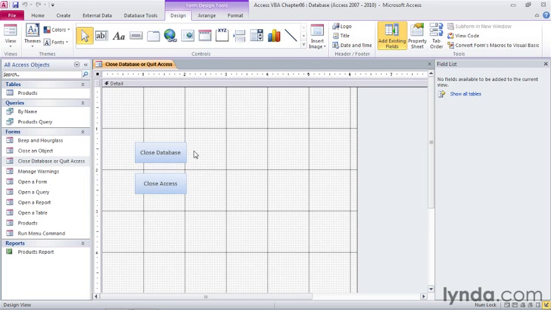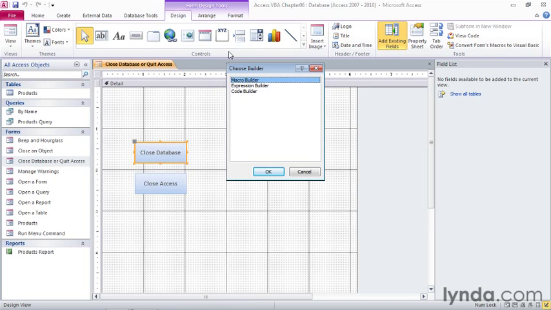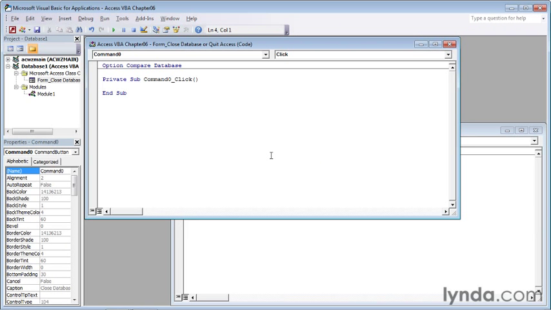So I'll right-click the button, and then from the shortcut menu, click Build Event. Then in the Choose Builder dialog box, click Code Builder, because we're working with VBA code, and then click OK. When we do, Access creates a code module that will run when the button that we selected is clicked. And I'll just press Enter a few times and move up using the up arrow to give myself a little